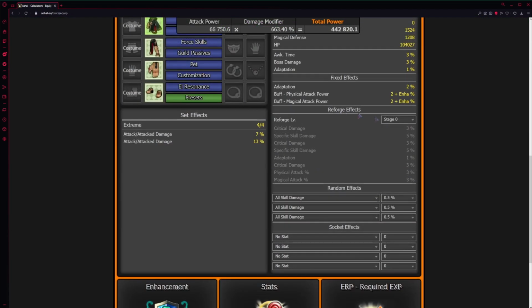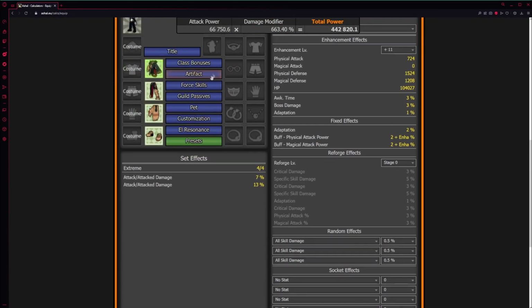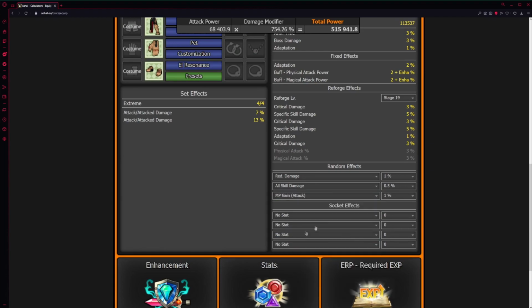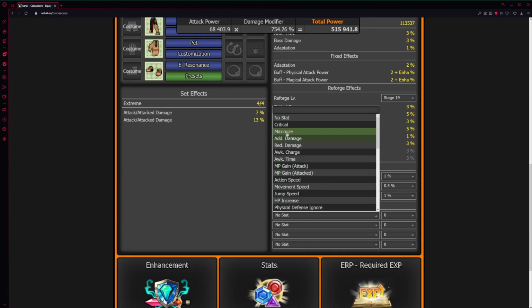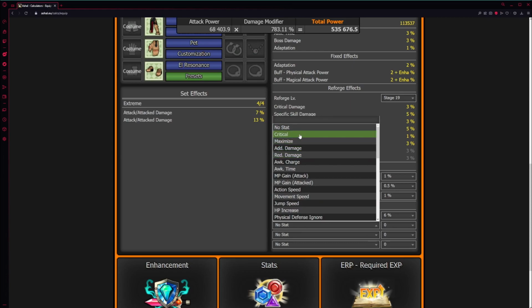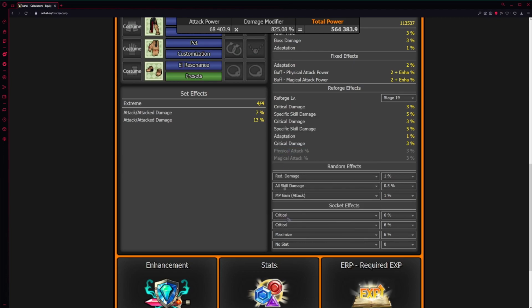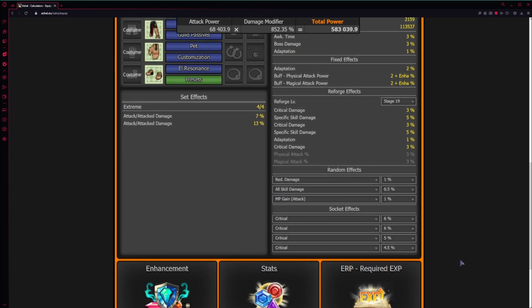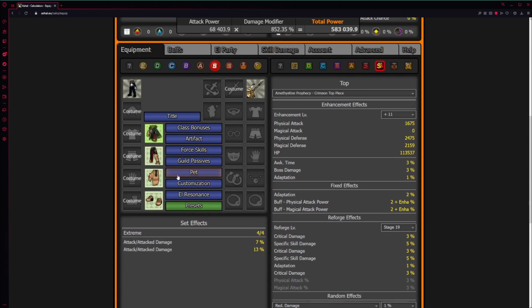And he doesn't put any reforges in for you because obviously you can have a plus 11 without having a high reforge. So I remember off the top of my head, my top piece is reforge stage 19. I have only 1 all skill damage, and it's probably something like, I'll just put some random filler stats. I only have all skill damage on 1. For this one, I have critical 6, critical 5, and critical 4.5 here. Don't judge, I just don't have enough sage stones.